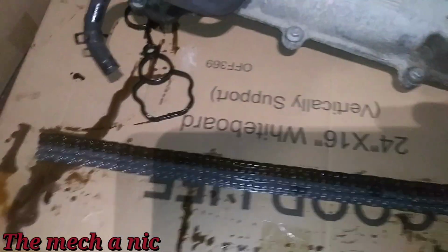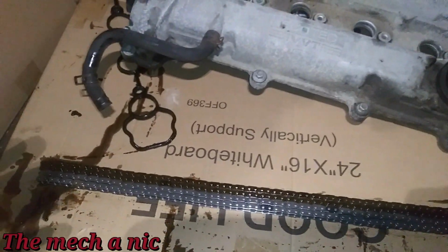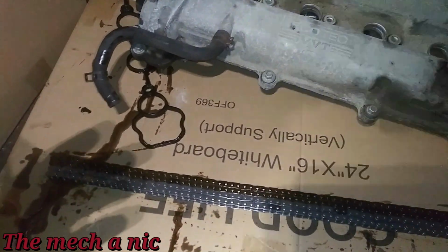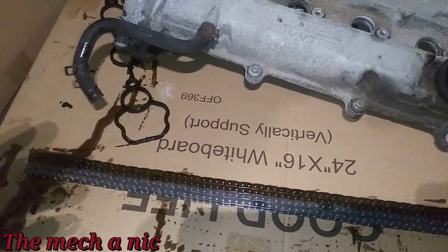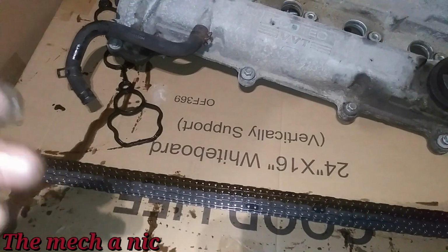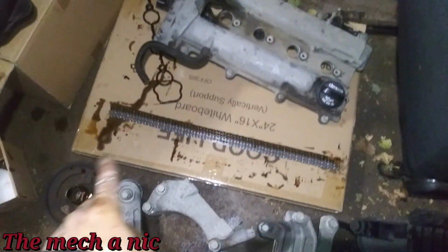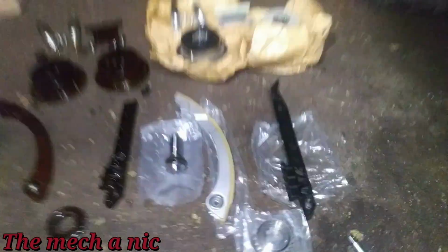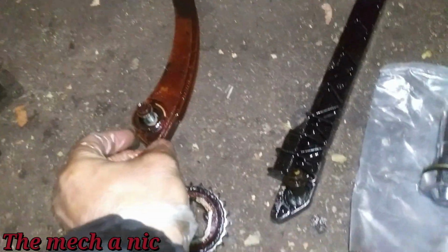Of course, the car still ran fine once you got on it. Like once you start accelerating and you get up to speed, the engine ran fine. It's just at idle, it stumbled, wasn't all that great, and then on top of that, all the noise that was coming from the engine. And the reason for that is, you can see the old chain, it's just a hair longer, nothing major. But if we come over to the timing guides here, on the left side,